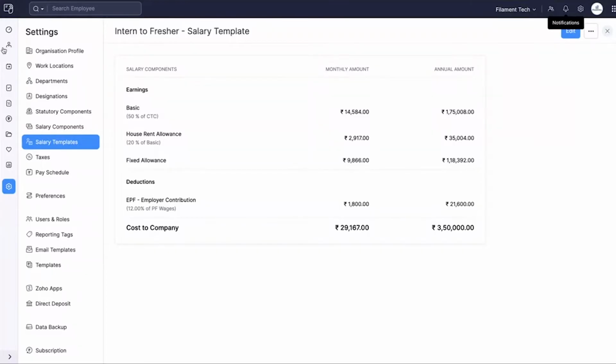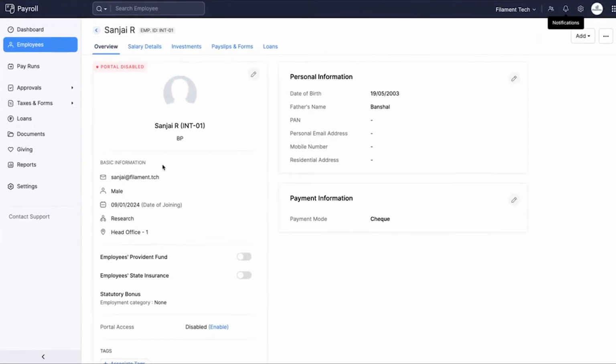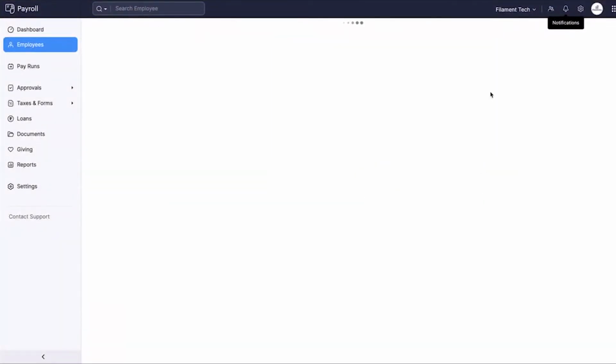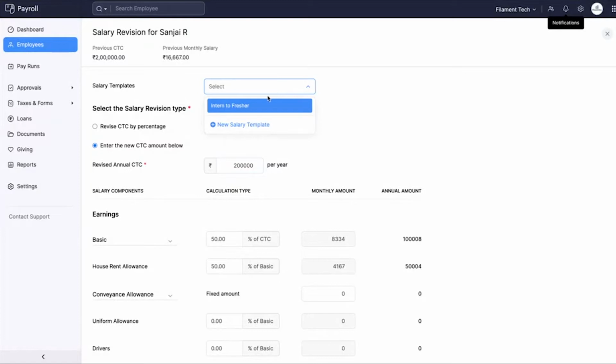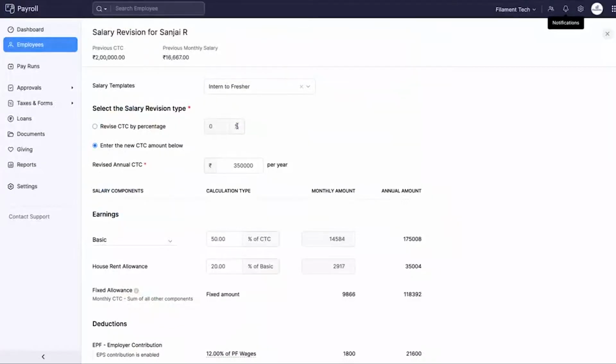After creating the template, you will have to associate this to the employee so that they'll be able to have the EPF deduction enabled for them. So in that case, I'm going into the employees module again and opening up this particular employee wherein the EPF component is not enabled. I'm going into the salary details page again. Here, clicking on the revise option. Under salary templates, I'm going to select the new template that I have just created. Once we select that, you will get this pop-up message stating that once you associate this template, EPF contribution will be enabled for this employee. So clicking on proceed,